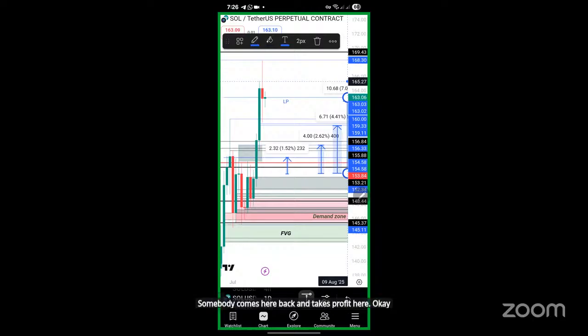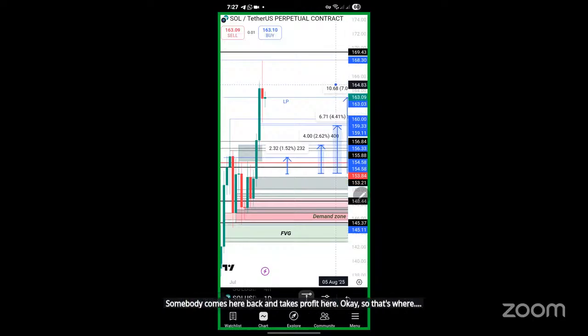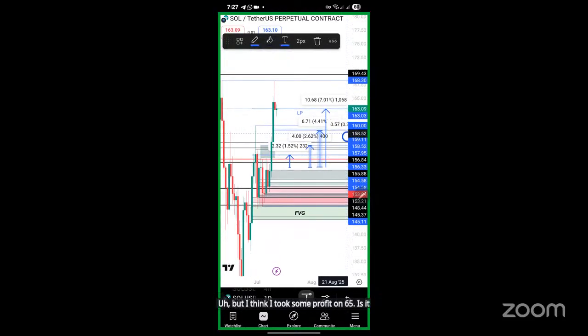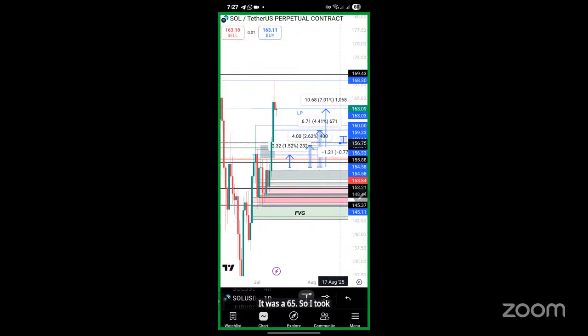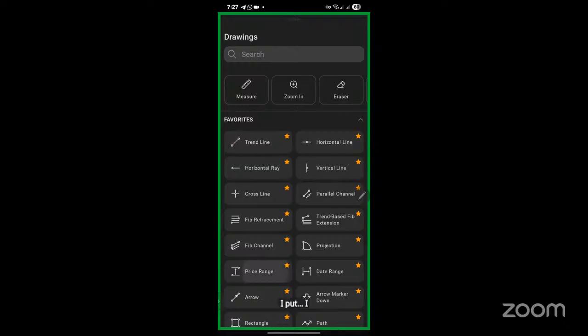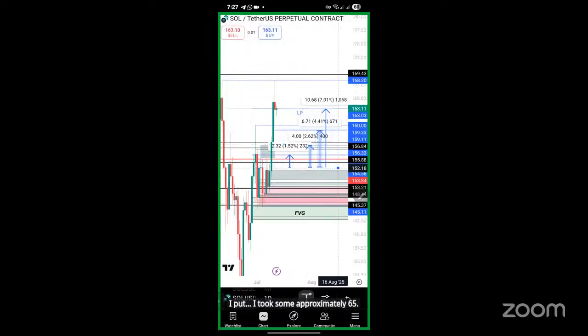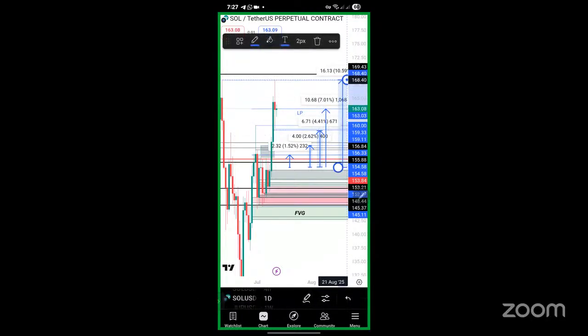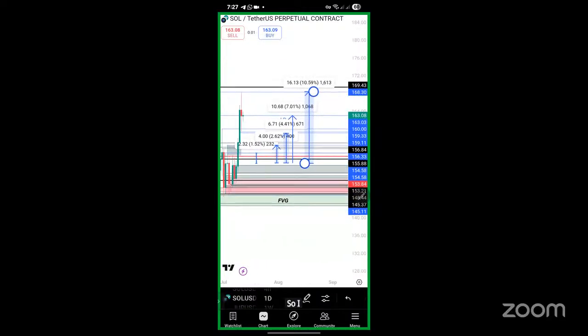Okay, so that's where. But I think I took some profit on 65. Is it 65? Yes, it was 65. So I took some profit on 65, from here to there. I took some profit on 65 and I'm done with the Solana unless